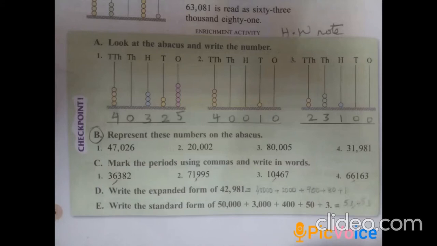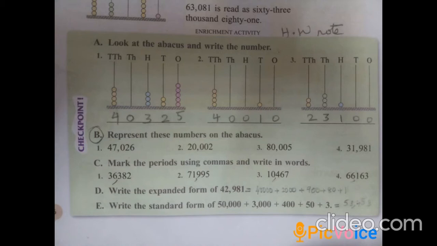Children, in your book page number 6, we have checkpoint sums. So these sums you have to copy in the homework note. Like your classwork note, you have to take your homework note, write the index page, and coming to the first page itself, you can start writing the answer. On the first page, write the date, topic, Unit 1 Place Value System, and page number. Page number is a must. You can mention the page number for further reference. Page number 6. And start writing the answer from the first.